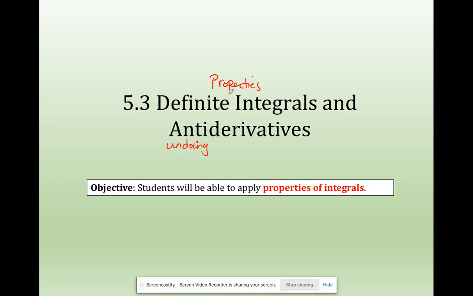But just like we had properties of derivatives, remember you had that the derivative of a sum or difference was the separate derivatives of the sums. Right, we're going to do, and we had the differences, we had